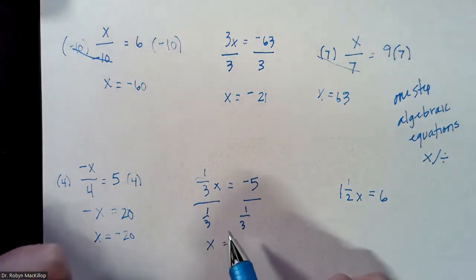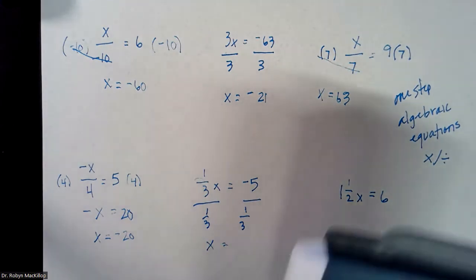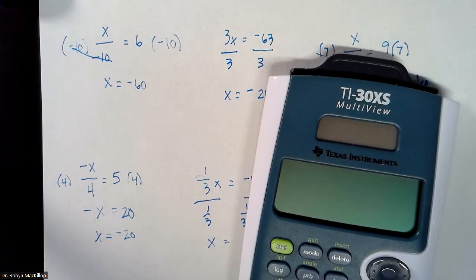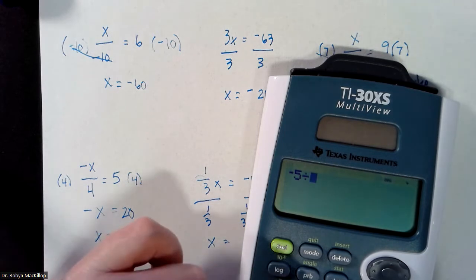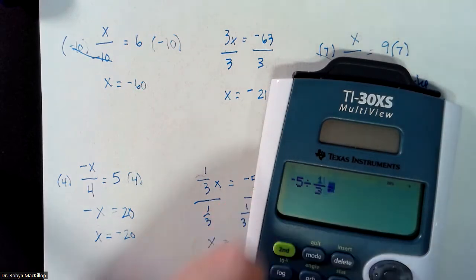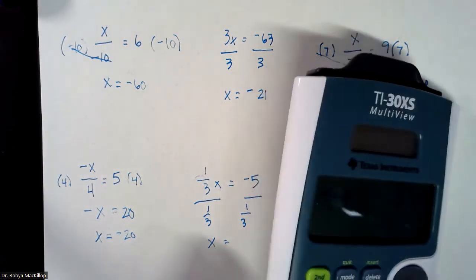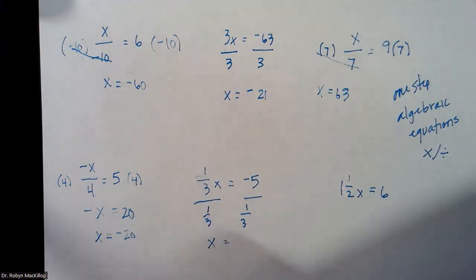And we've got negative 5 divided by 1/3. This is a really good calculator problem. Let me grab the calculator. And use your calculator when you can, because it's almost always on. We had negative 5 divided by fraction, 1 arrow down, 3 arrow out, enter, negative 15. So x equals